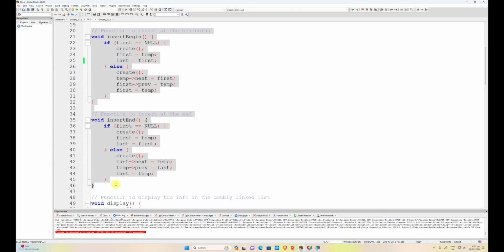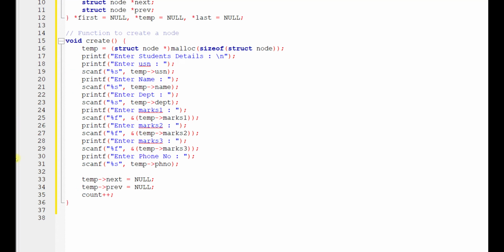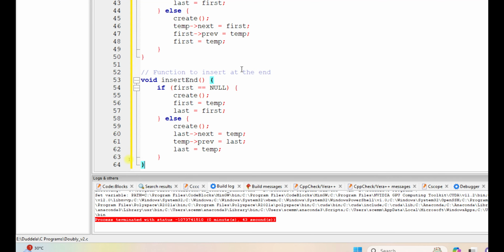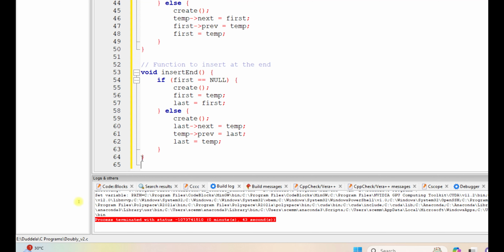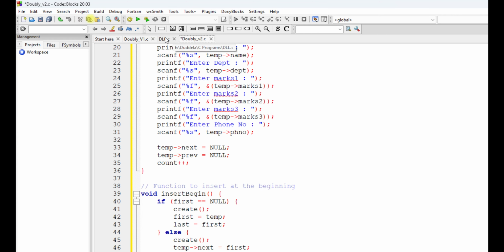Then insert at the beginning and insert at the end. There are no big changes for these functions. So copy paste insert at the beginning and insert at the end, as they work as they are. Then it comes to display. So when it comes to display,